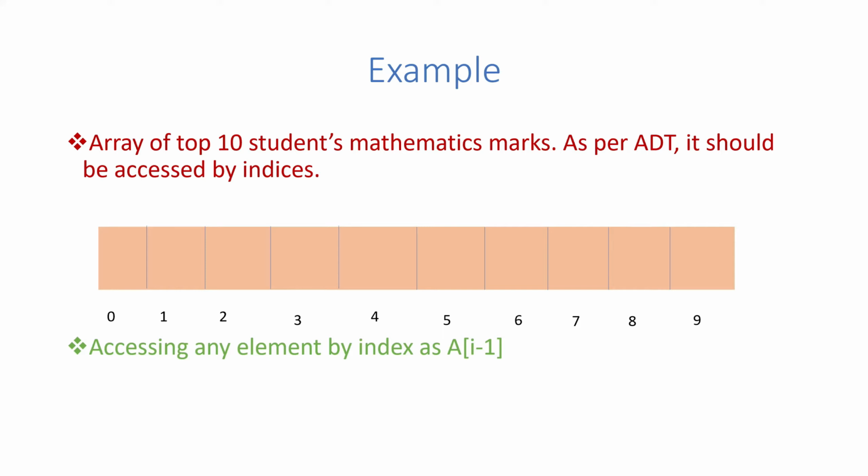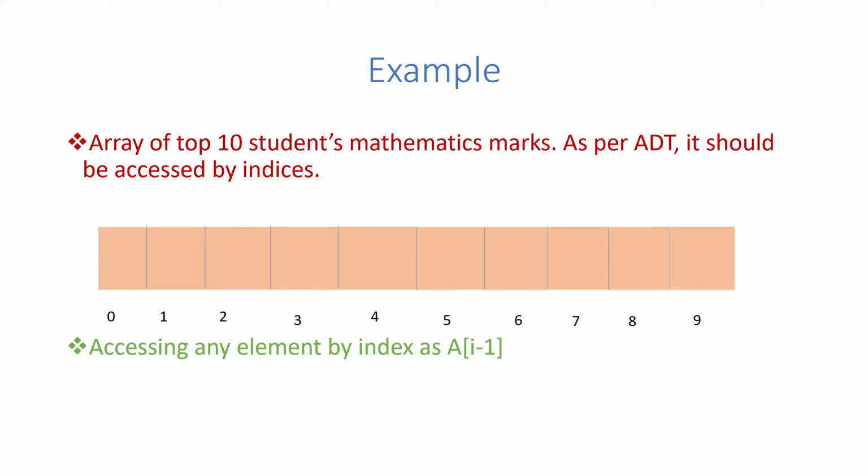See, the data is related. All the data is about the mathematics marks of students, but there is no logical grouping. These are just 10 separate variables. A better way of doing this is having an array. So here comes the array. When you need to store a collection, we need an array. What would be the size of it? 10.